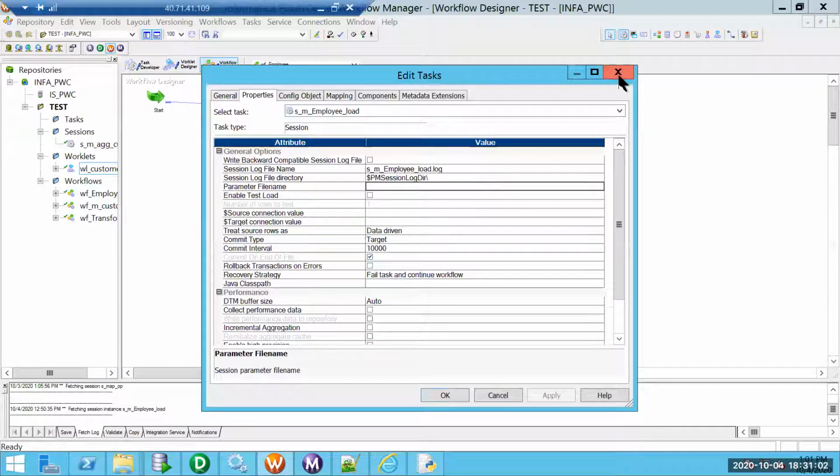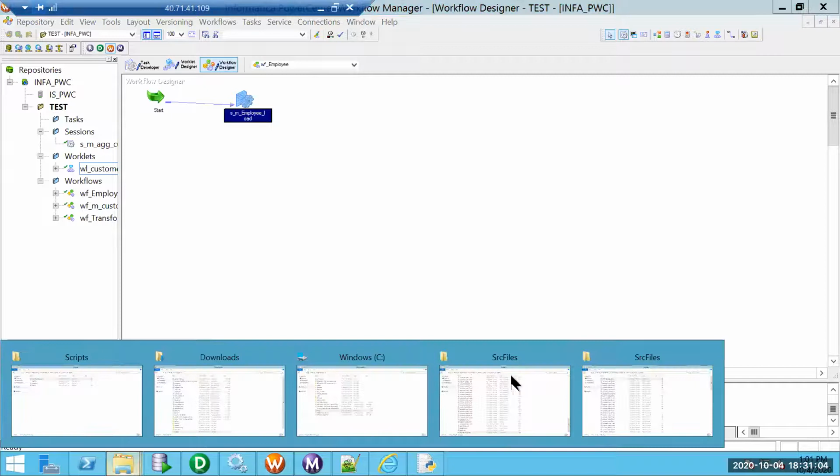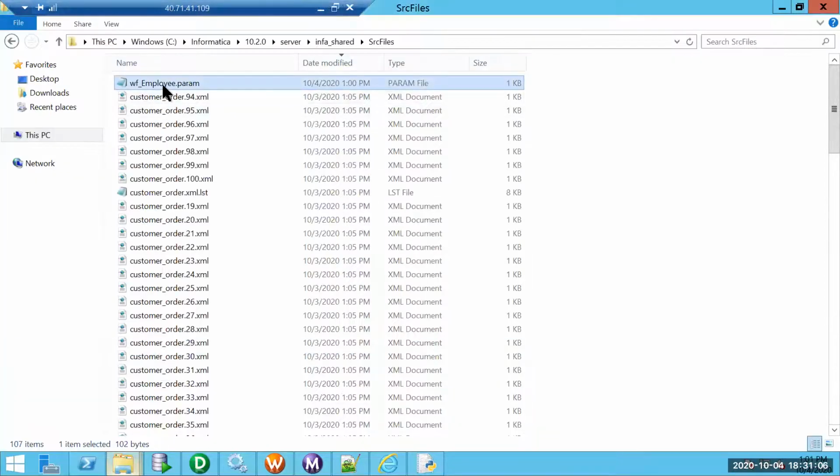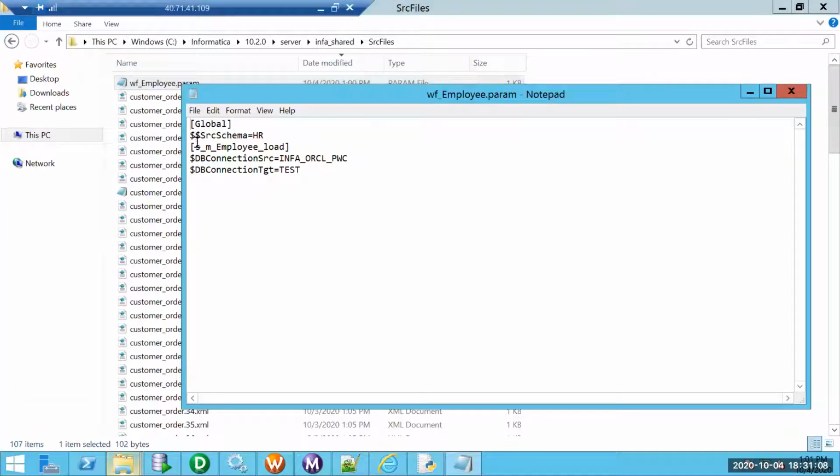There are two ways of defining it. One way is this one, and only in this one I understood what was actually happening. Here I need to use something like wf, the workflow name, then the session name, all those things. That is one way of doing it.